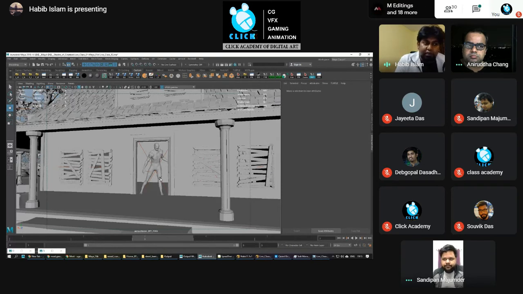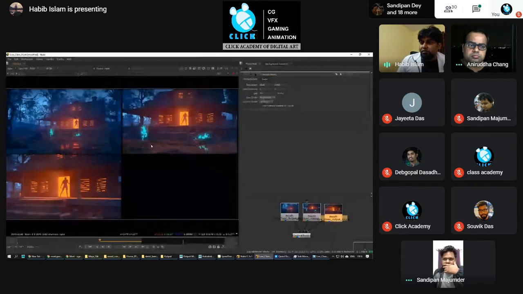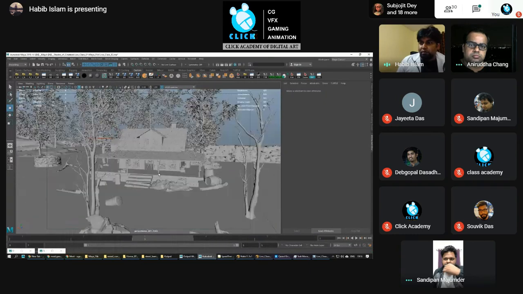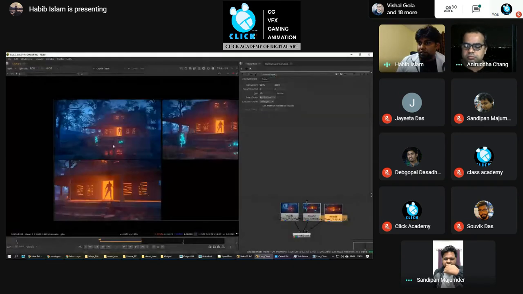The process is the same. You need to add all the lights, then fog, whatever you want. The process is almost the same, but the software is live software. All the output you can see in the viewport only. If you merge Nuke and Maya together, that is what a game engine is. In the game engine, if you put any light in the viewport itself, you can see all the lights.